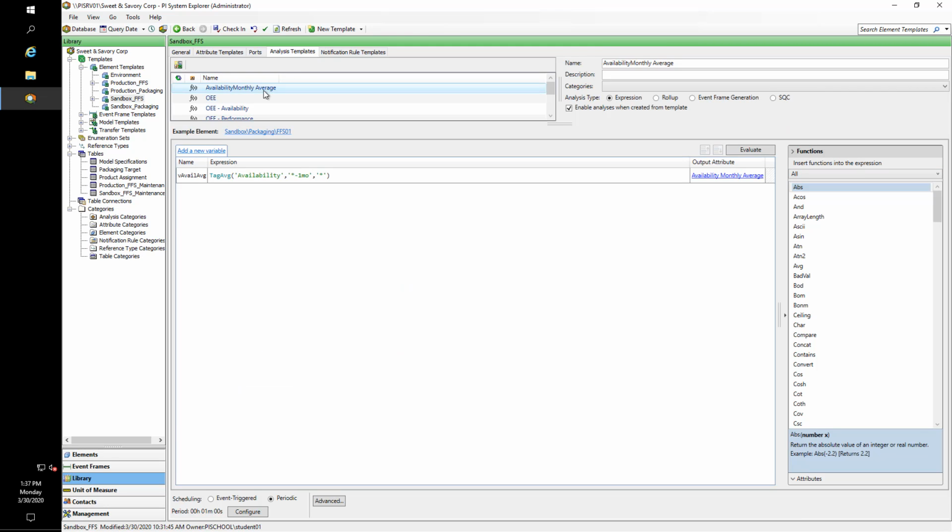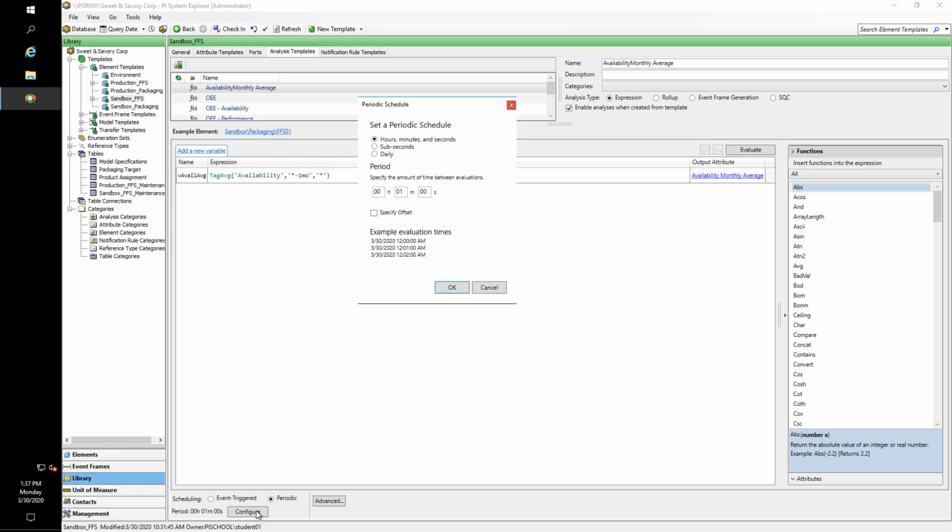This is the calculation here, availability monthly average, and I'm going to set it to be periodic, run daily, and then let's run this at, let's say, 1 a.m. If you are running relatively large calculations, it's always a good idea to set them outside of busy business time so they can just run in the background. With that done, I can say OK,